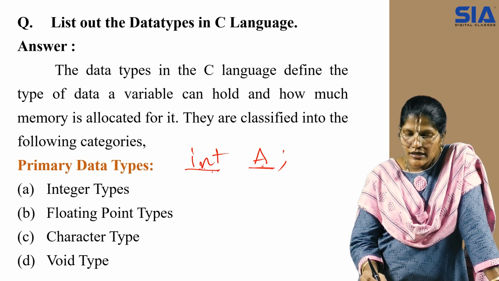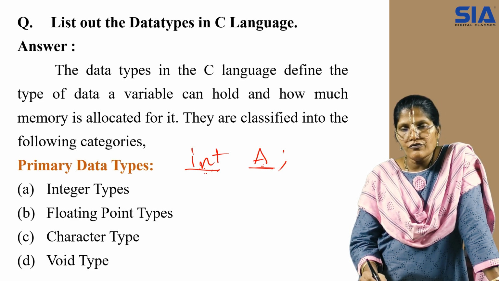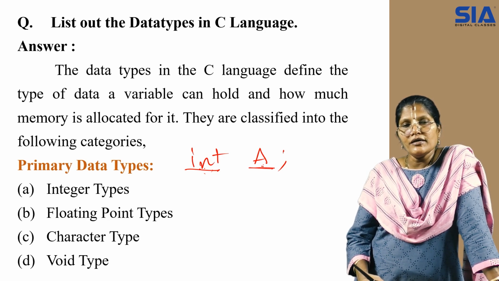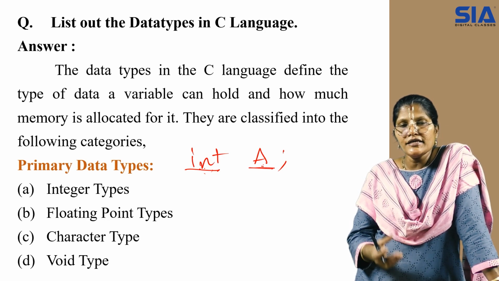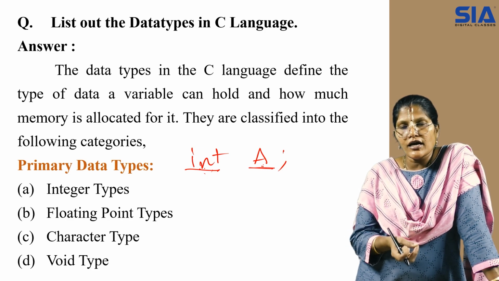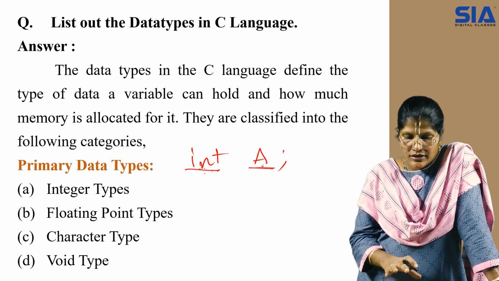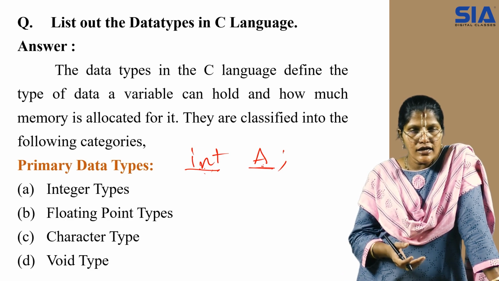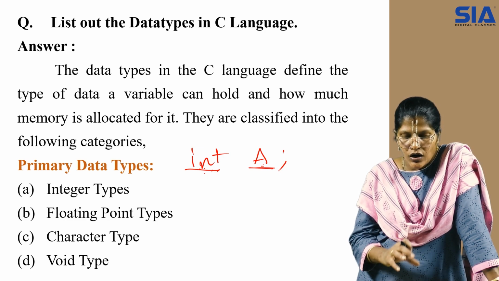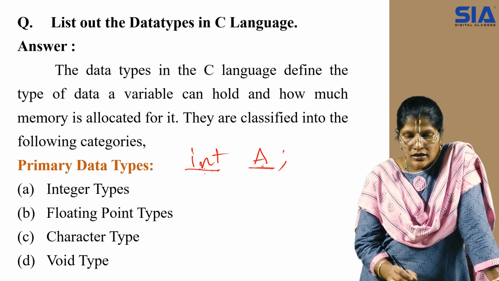Whenever I say it is an integer, it means it belongs to the family of integer or numerical values. When we talk about primary, what do you mean by primary? The primary data types talk about the essential, that is immediate, values. When we look at the keyboard, there are integer values and decimal values, and also character values. Keeping all these in mind, we have considered the data types.